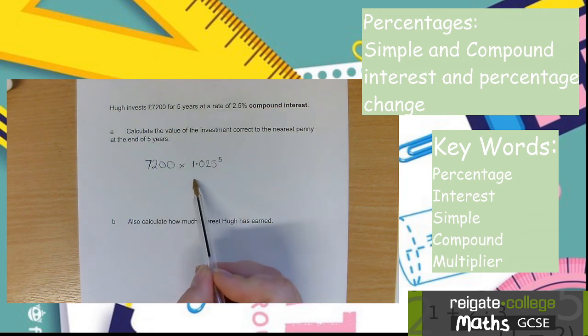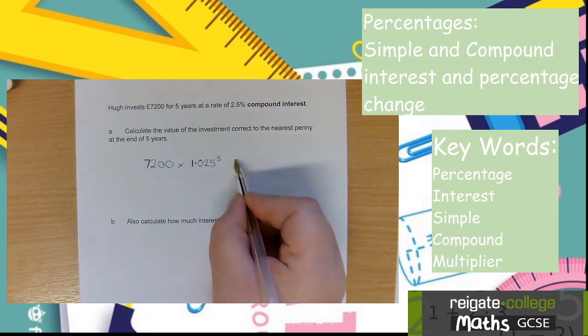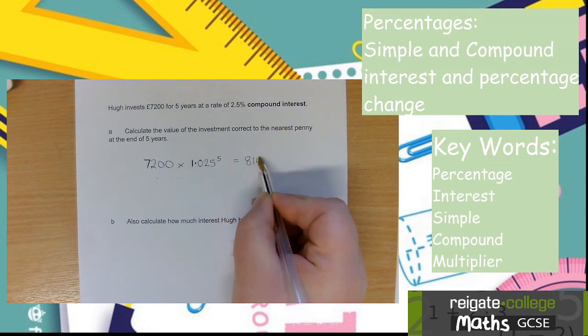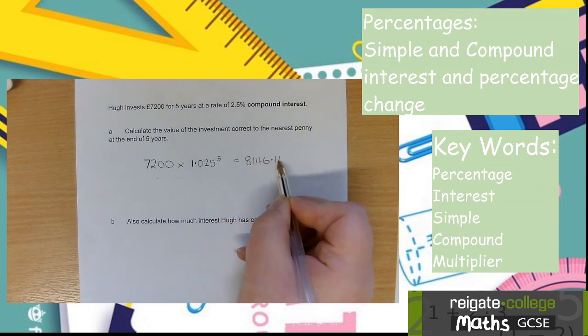Keying that sum into the calculator gives me £8,146.14,